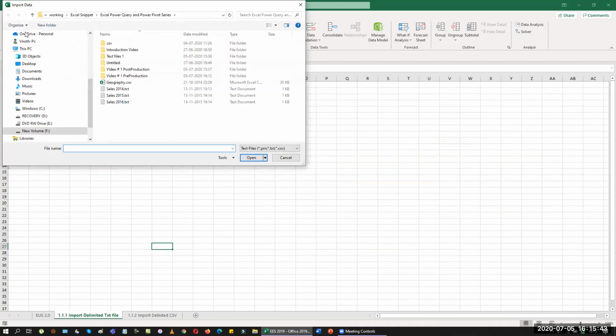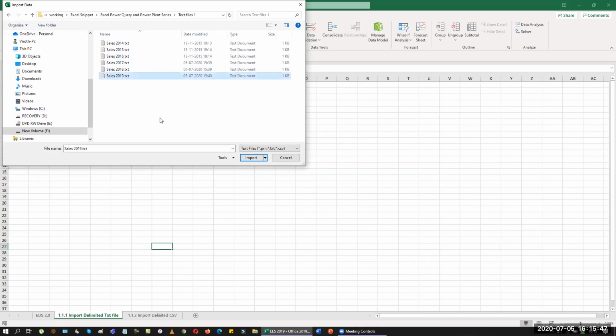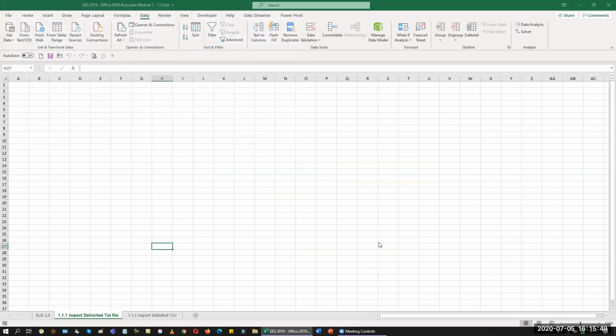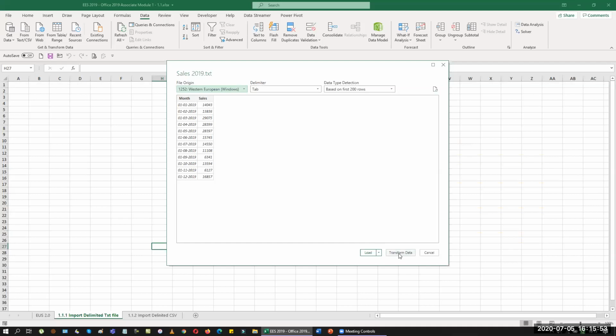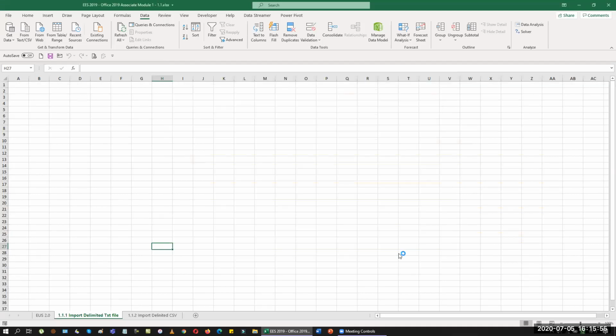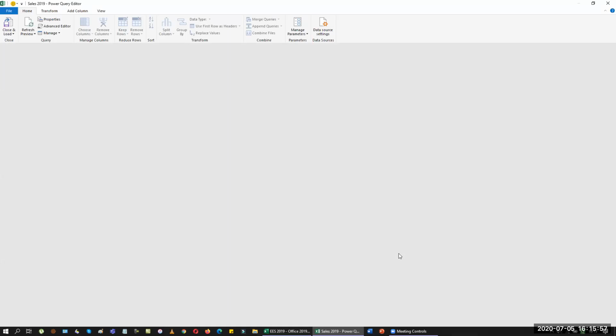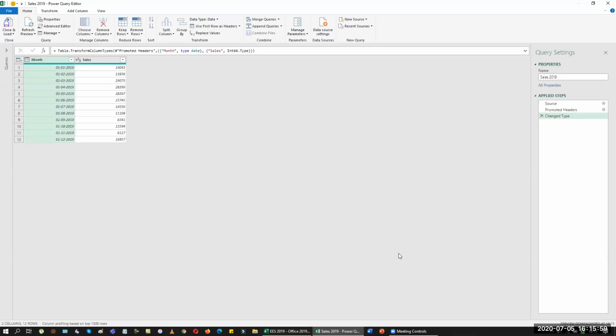Sometimes our data will be perfect, so we don't need to worry about it. So I'm going to take a text file here and import it. You can directly load it if you want to, but I always prefer to do a Transform Data so that the data will be perfect for us and we will not have any issue. If there is a bug in it, we can also clear it. If I feel this data is perfect, then I can just use the option called Close and Load. This will add a brand new sheet to our existing Excel workbook and then add this data to it.